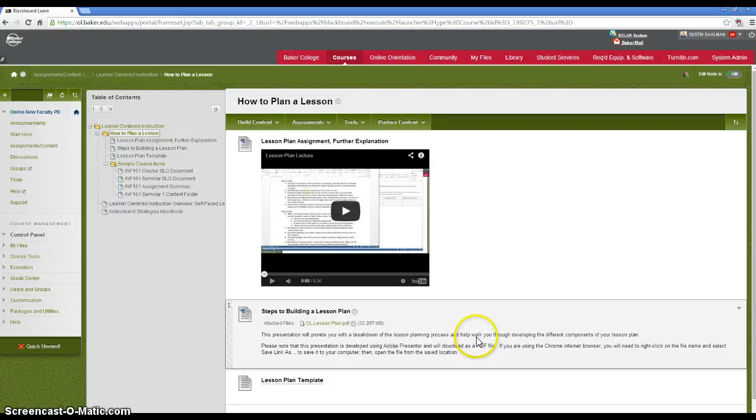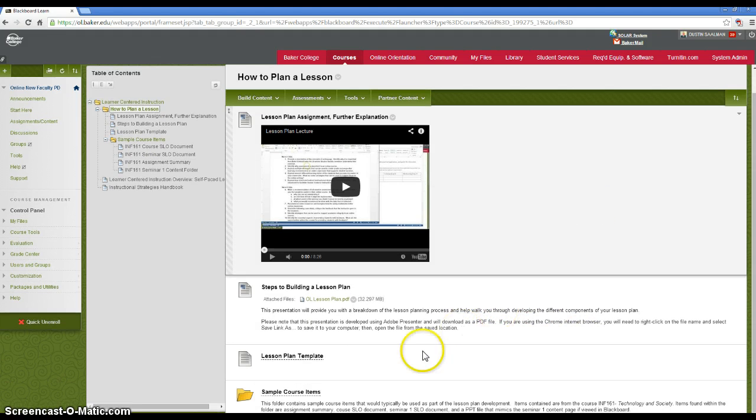In this tutorial we're going to look at adding an Adobe presenter file to our course. Here I am on the course page, and what I'm going to do is duplicate what I've already done here, and this is what it looks like when I'm done. And in this case I have a presentation that I want the participants to view,